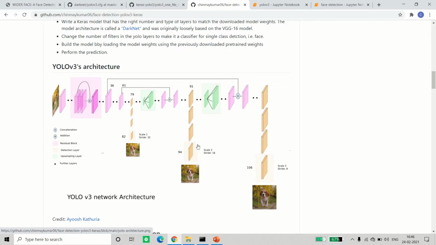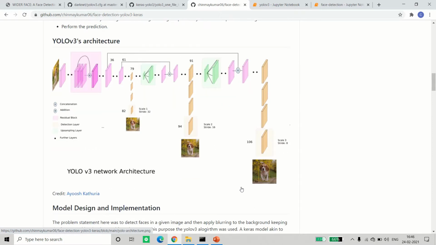The second time when output is taken, it is divided into a 26 by 26 grid. As you can see, there are more grid cells here, and here also three anchor boxes are predicted.